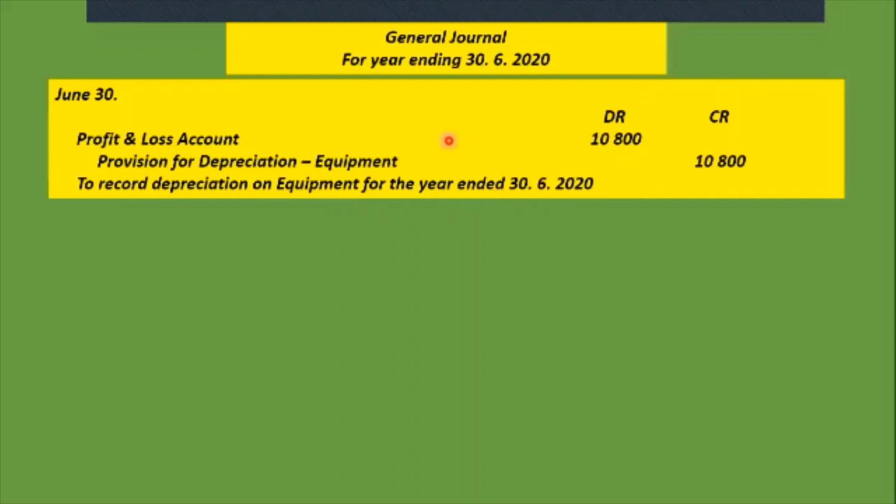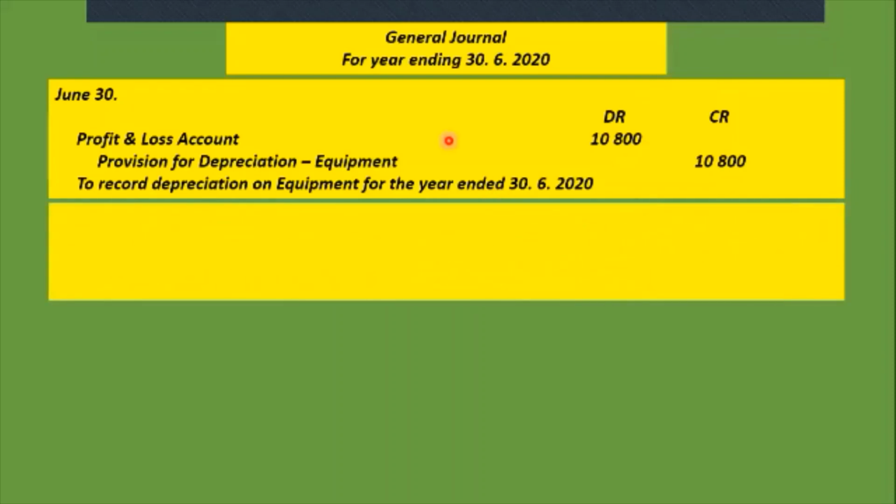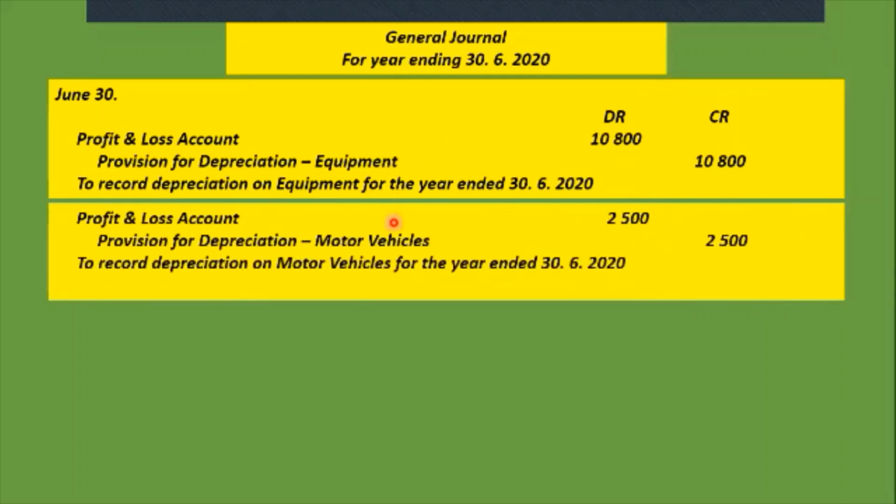We do the same with the motor vehicles: profit and loss account, 2,500. Provision for depreciation on motor vehicles, 2,500. To record depreciation on motor vehicles for the year ending 30th of